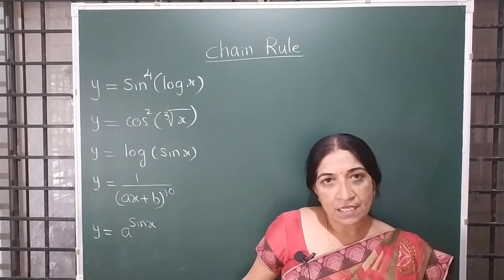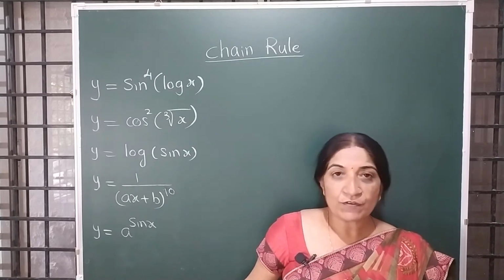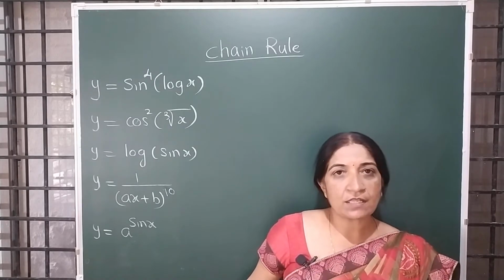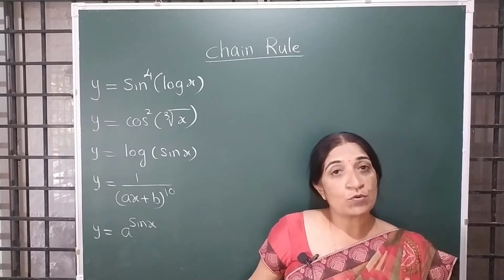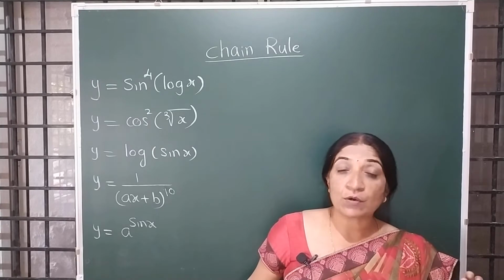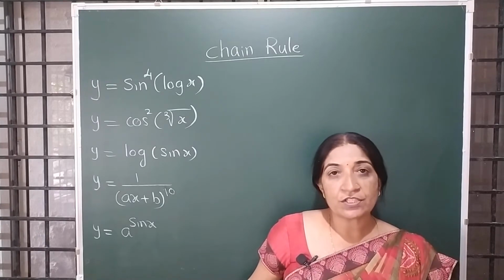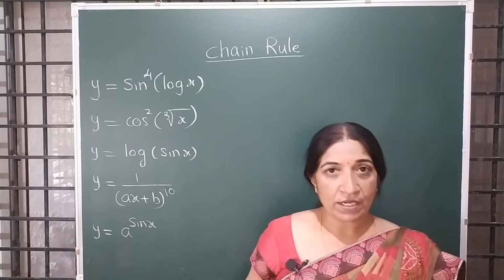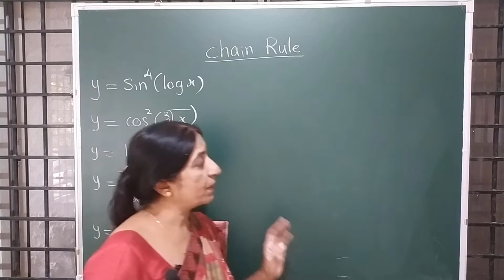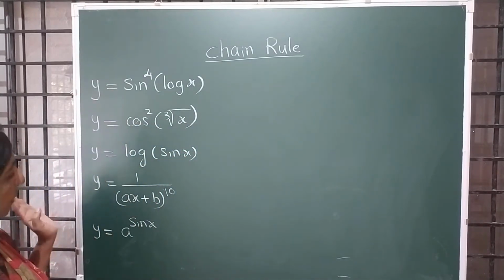So in the last class, I explained to you about the chain rule. Only a few examples I explained. In today's class also, I would like to explain the chain rule, because we have thousands of examples. If you are thorough in the chain rule, only then can you move to the next exercise. That's why in today's class also I will explain different types of sums. I have given 5 sums here.